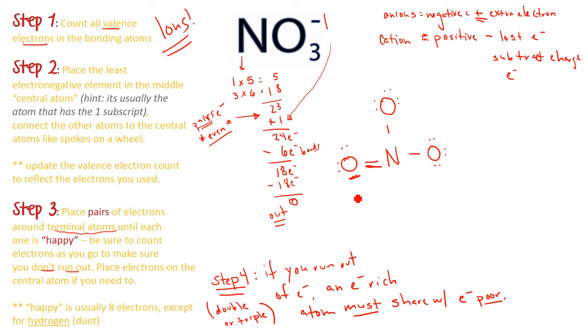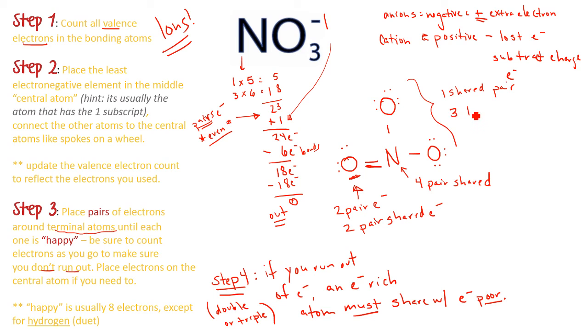This oxygen's happy. This oxygen in this configuration has 2 pairs of his own electrons, right? And then he's got 2 pairs of shared electrons. But all told, that makes him feel as though he has 8. This nitrogen feels like he's got 8, but he's sharing all 4 pairs. And then these last 2 oxygens feel happy because they each have, right, they have 1 shared pair. And then they have 3 lone pairs